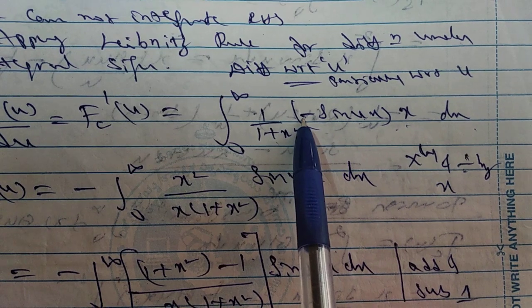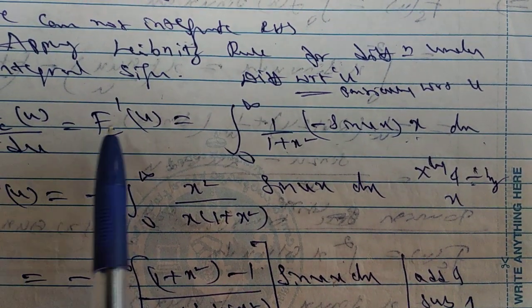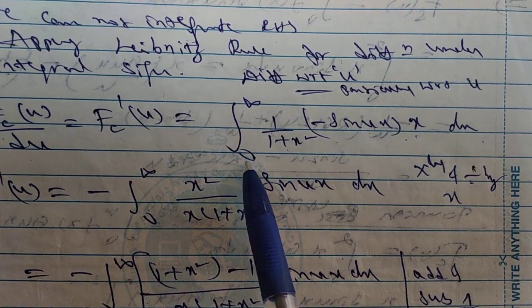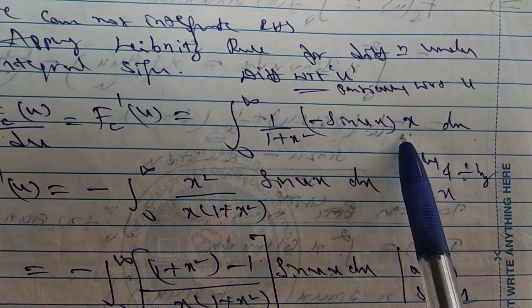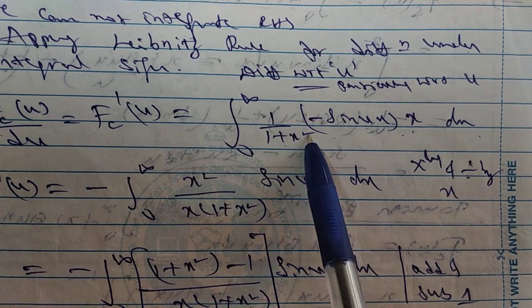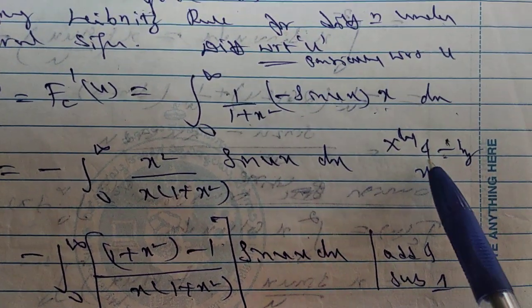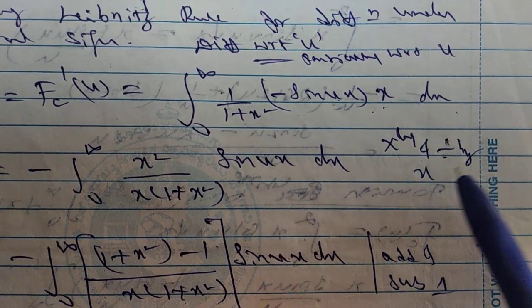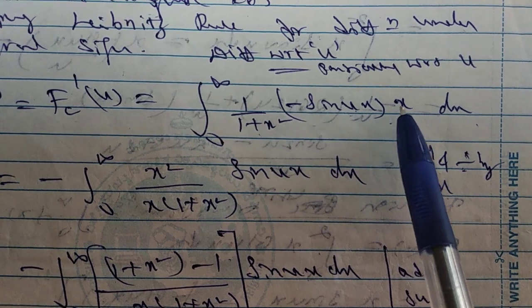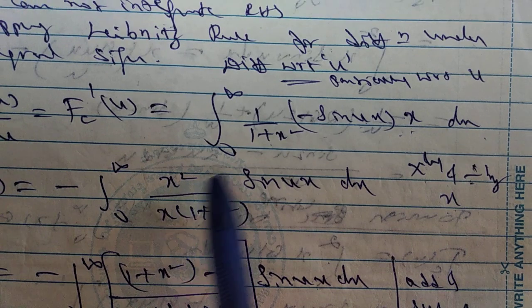Here the minus sign is there. That minus sign you have to write outside. So f dash of u is equal to, here what we get, integral of 0 to infinity x sin ux divided by 1 plus x square. How to integrate? Directly it is not possible. That's why you have to multiply and divide by x. You have to multiply the numerator by x. What happens here? Already one x is present, x and x becomes x square.